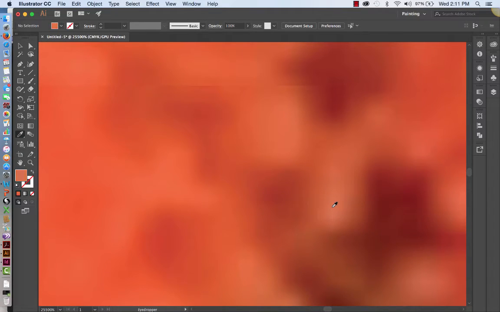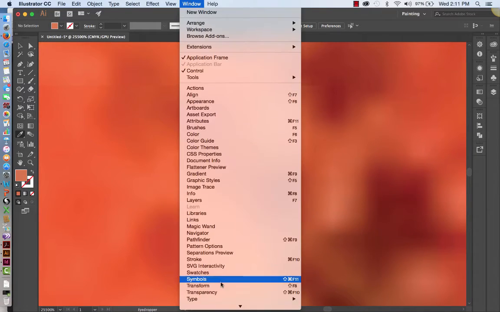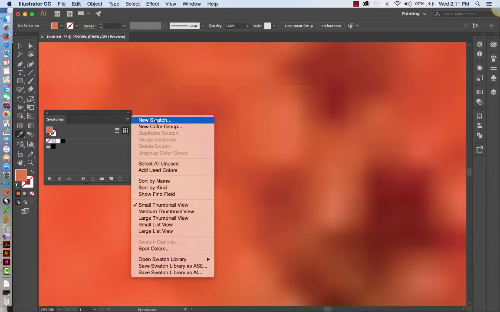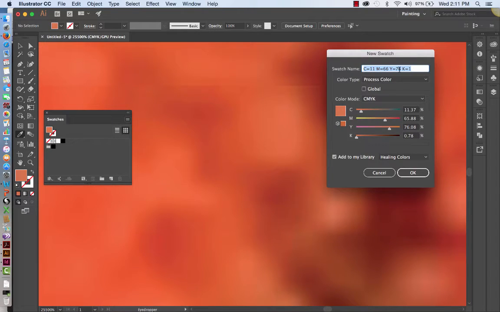Then, if I decide I want to use that color as a base, or just use the color, I would bring up my swatches panel. And I can add this as a new swatch, and you'll see that automatically it comes up as a process color because I had developed my document at the beginning as a print document. And we can call this what